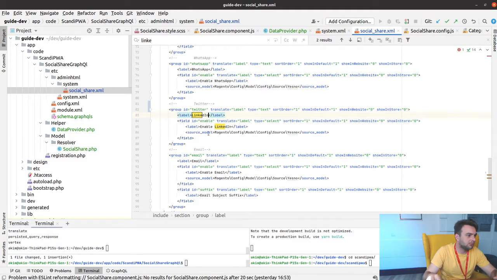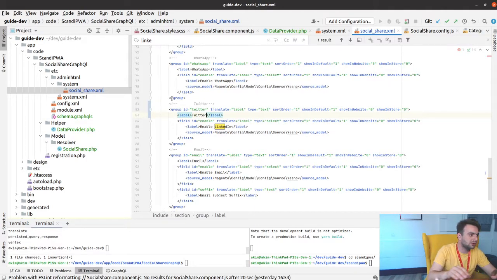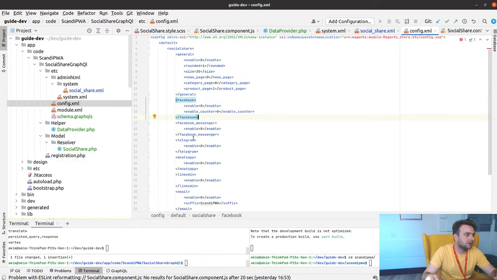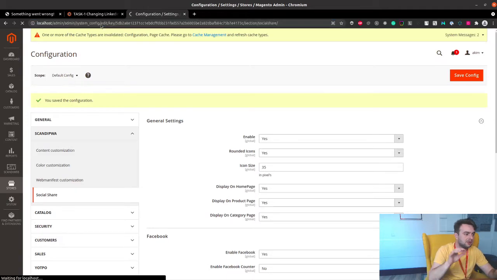Twitter, and the label is obviously going to be Twitter, and we need to modify the config file and also replace LinkedIn with Twitter here. Let's flush the Magento cache, and let's go to our backend. I think my session will be over, so we need to log in again,